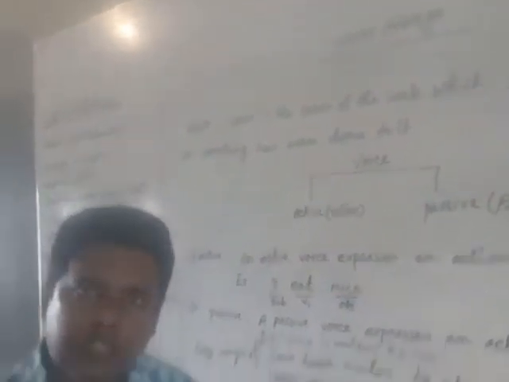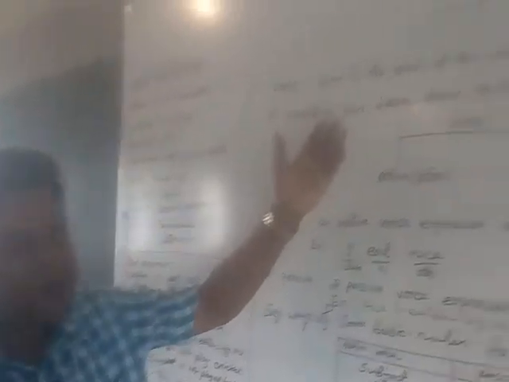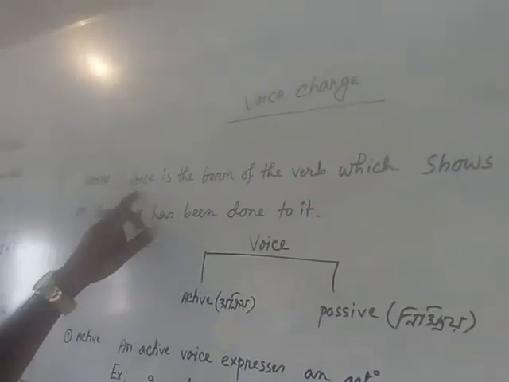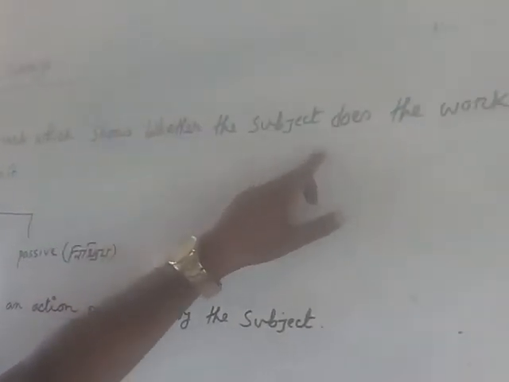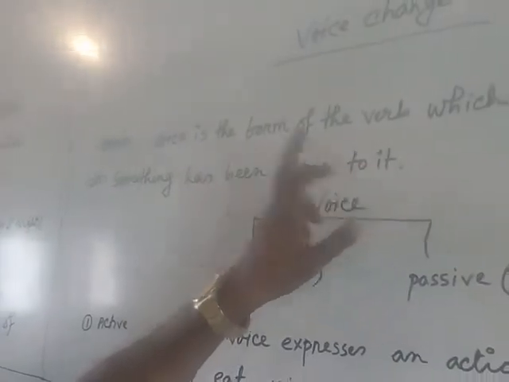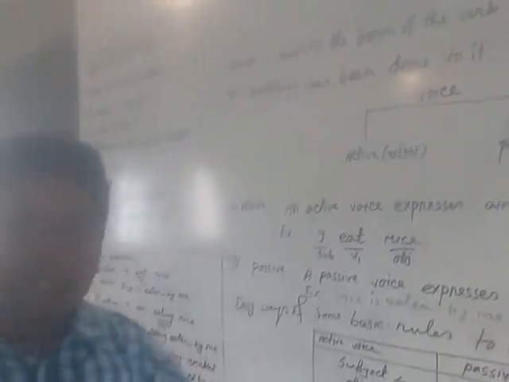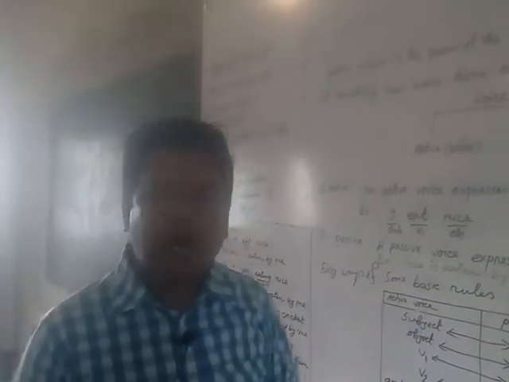What is voice? Please listen to me. Voice is the form of the verb which shows whether the subject does the work or something has been done to it. That means if I translate it into Bangla, voice হচ্ছে ভার্ব বা ক্রিয়ার